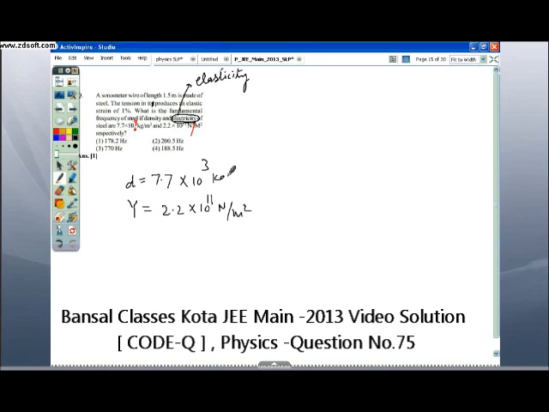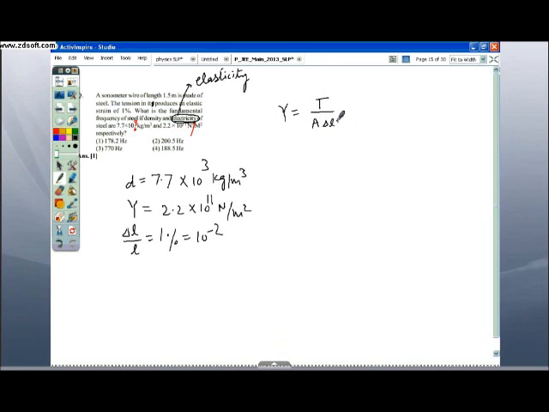Also it is given that strain, that is delta L by L, is 1%, or you can say 10 to the power minus 2. We all know that Young modulus Y is equal to T divided by A delta L by L,